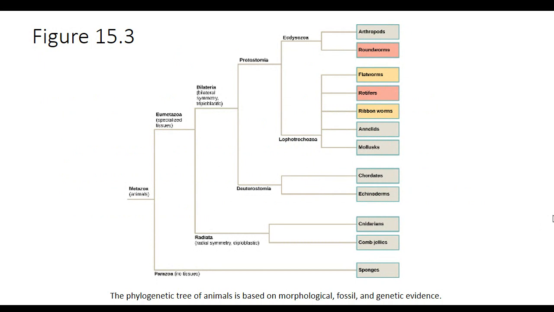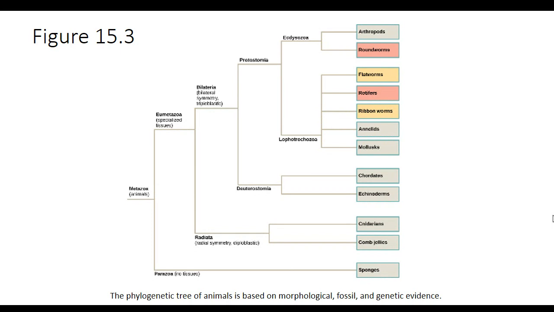So sponges, these are the most primitive, simple animals. And you see that they go all the way back to the common ancestor of all animals. This word metazoa just means animals, essentially. But the sponges are a group all by themselves, separate from all the other animals. These are the most primitive, simple animals, and they don't even have tissues. Just a few kinds of cells make up a sponge. And then it's